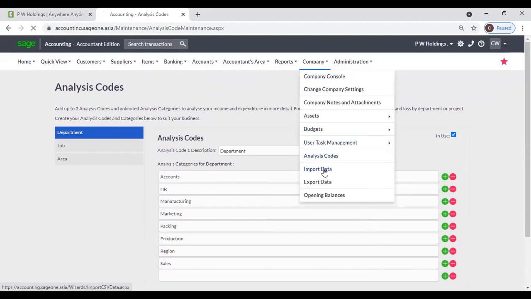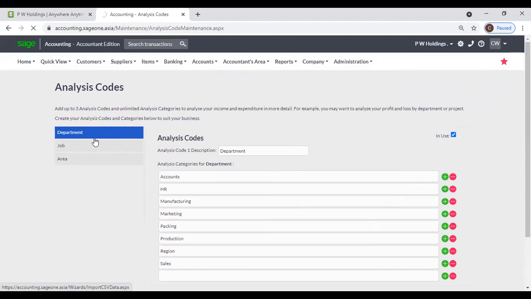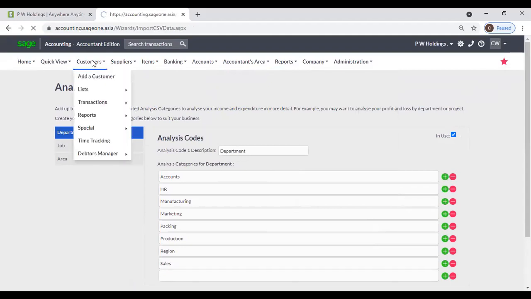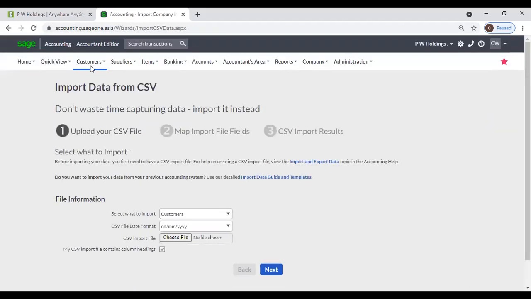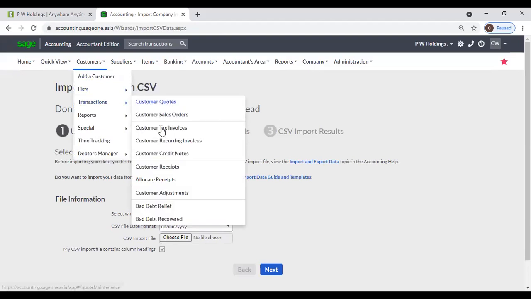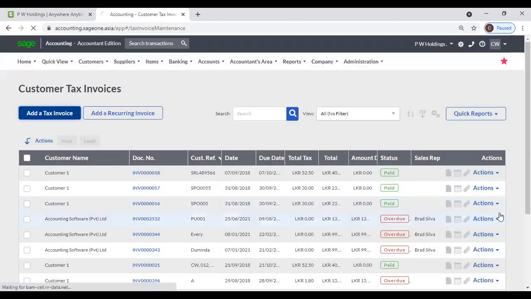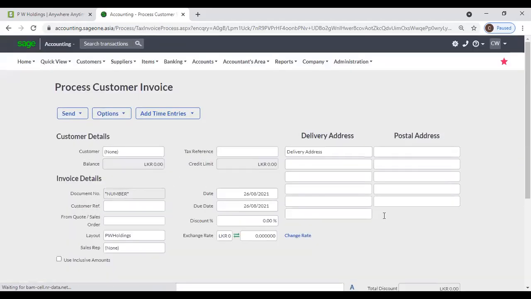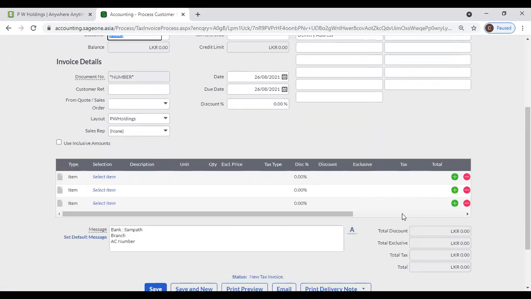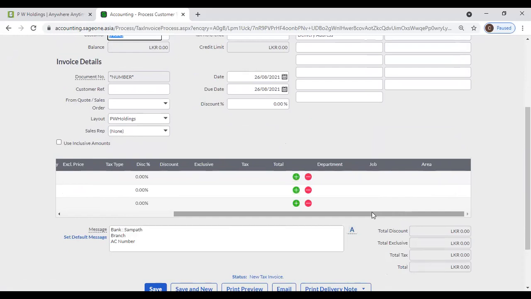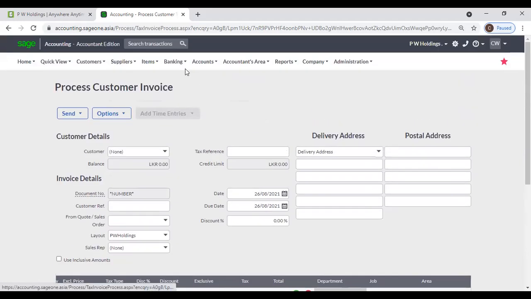Next, import data. Now after you create analysis codes, you can link those analysis codes to any transaction: invoices, receipts, payments, journal entries. For any transaction you can link that analysis code. If you want to allocate that analysis code to invoices, you can open the invoice, scroll to the right side, and then you can view that analysis code. And also for banking payments,